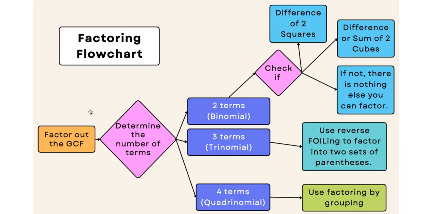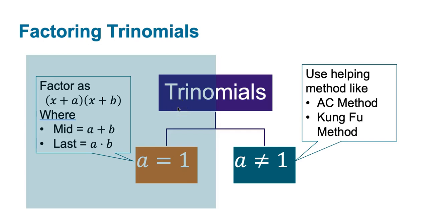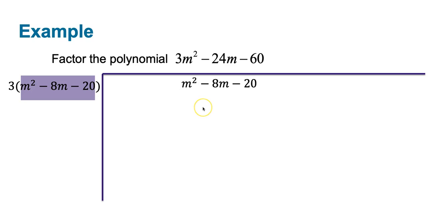Whenever you start a factoring problem, think through this flowchart. The first step is to factor out the GCF. We just did that. Then look at what's left. How many terms does it have? In our example, it had 3 terms, so we need to proceed with the trinomial factoring. Then, with trinomial factoring, we have to decide which strategy to use depending on the case. For our example, we're in this case. Let's focus on just the inside trinomial for a second, factor that. But then for our final answer, we'll have to make sure we include the 3 that we factored out in